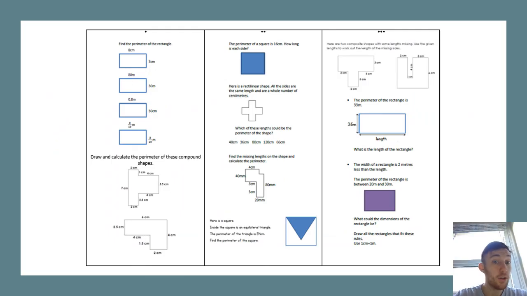Okay, so that's all the knowledge that you should need for today's learning. So now on the screen I've got the 1-star, 2-star and 3-star activity. So you can make a decision on which one you would like to do,